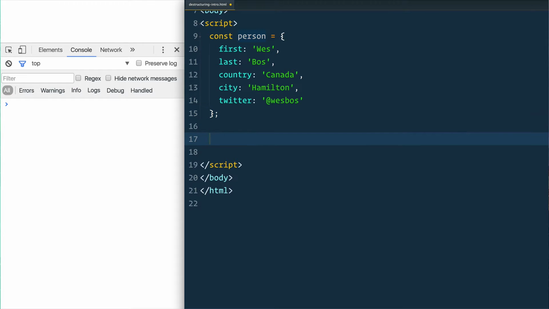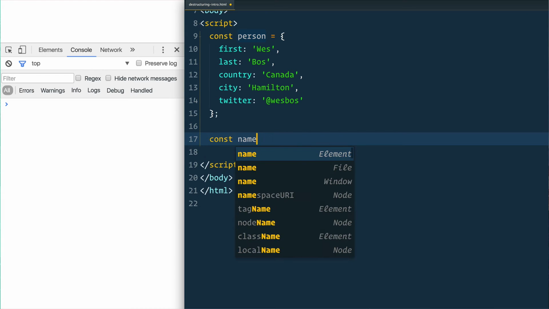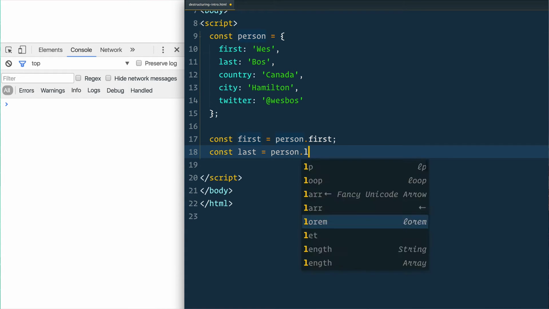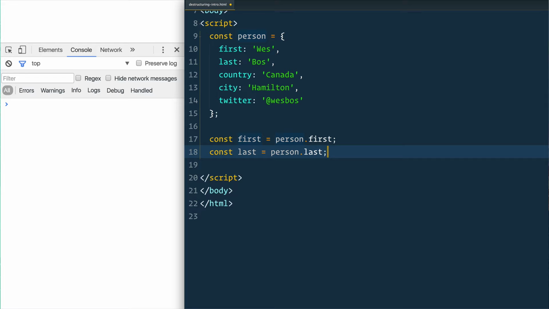Sometimes you need to have top level variables like const first equals person.first, const last equals person.last, and you get the point. You do this over and over again, and you've got pretty much just repetitive code where you need to make a variable from something that is inside of an object or inside of an array. So instead of doing two variables or six, you could say const and